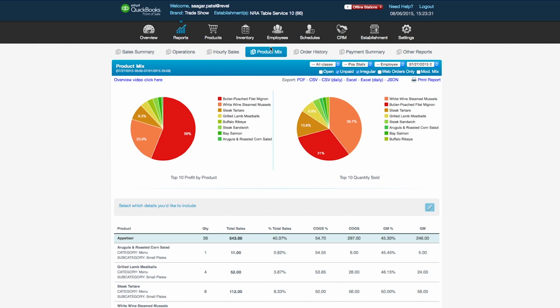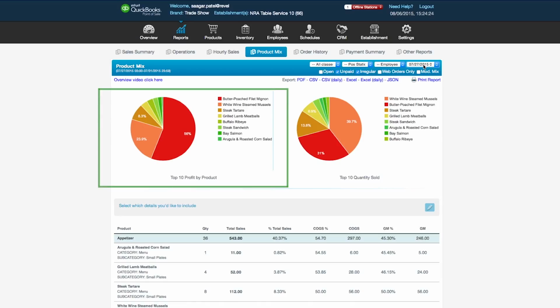This is the Product Mix Report. The Product Mix Report is one of the most used reports on the management dashboard and delivers key information regarding your top-selling products. You can filter this report to be POS specific, employee specific, and also customize the time frame you're interested in. So this report can give you a tremendous amount of insight into the demand of your product